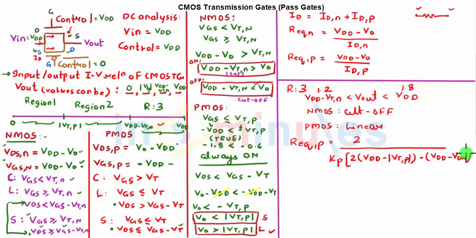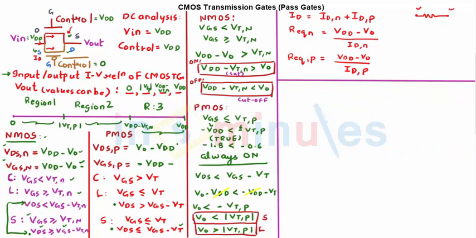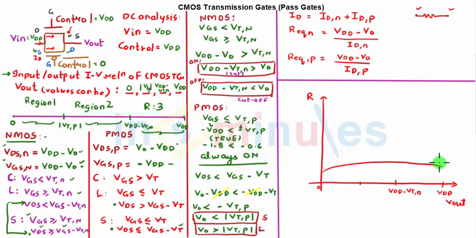And now once we get all this, we can have R equivalent of N connected to R equivalent of P and draw a graph. Let's quickly do that. So suppose I draw a graph of resistance versus V out. This is 0. This is say VDD minus VTN on V out. That was VDD and this was mod VTP somewhere here. I'll find that my resistance, irrespective of my V out, will have a constant value, and that too a very low value,